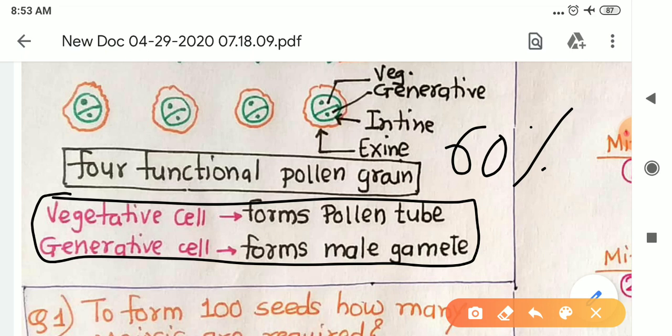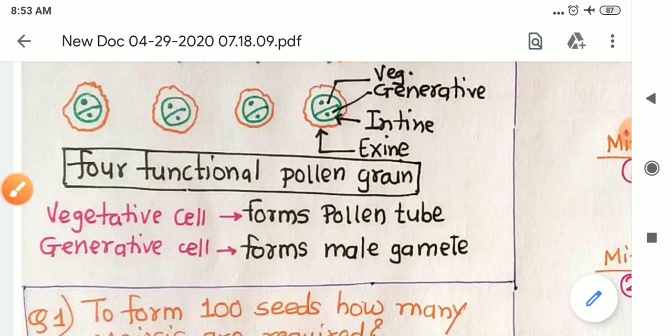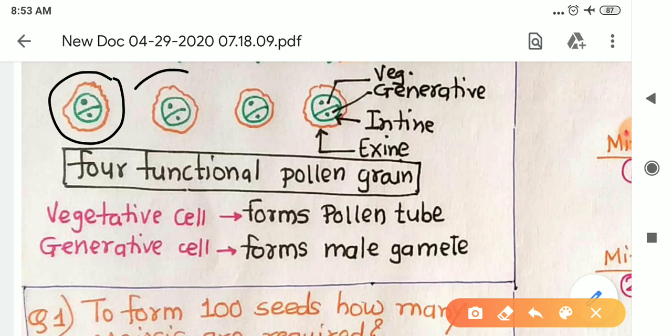One is vegetative cell and another two are generative cell. It means that 40% of angiosperms have two male gametes in their pollen grain, and 60% of angiosperms have only one male gamete in the pollen grain. So whatever it is, you must know that these pollen grains will travel, reach the stigma and perform